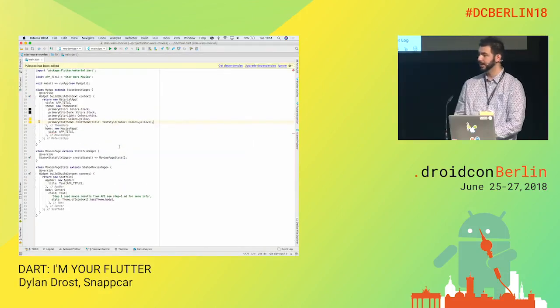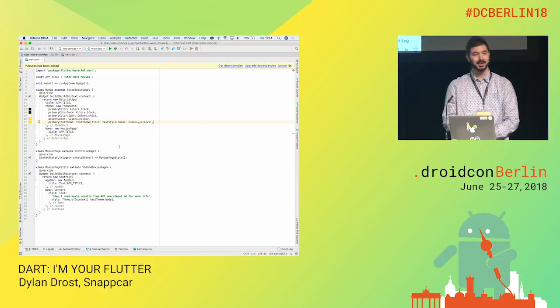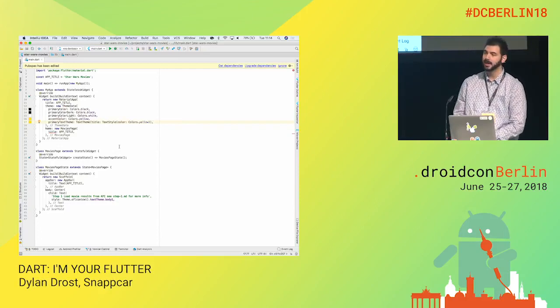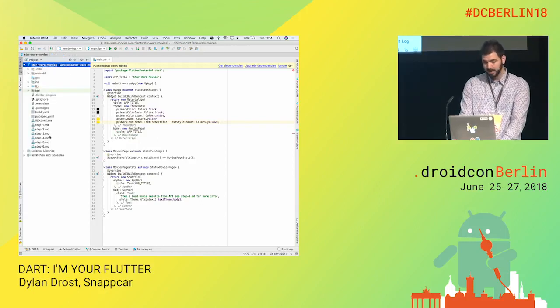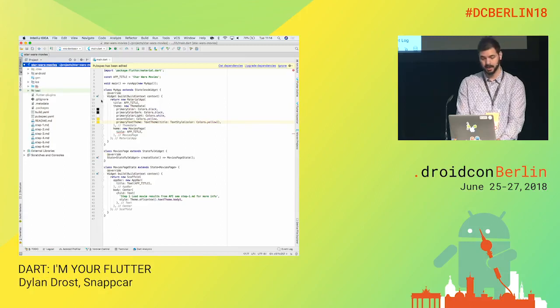So we're basically gonna start in step one. Step one is setting up the project, adding the dependencies, and just querying the API. You can see the different steps. I've written everything out so you can follow at your own pace. But basically, we're going to create the basic app and get the JSON data from the API and